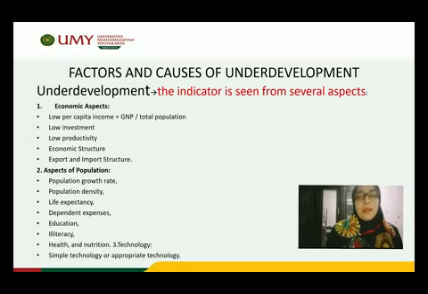And then what are the aspects of population? It's like demography. The first is that the population growth rate is very high. And then population density: people who live in the city and in the rural areas, maybe very dense in the city. And then life expectancy is very low. And then dependent expenses, education,